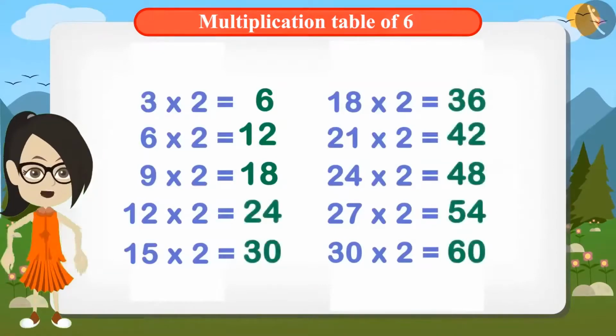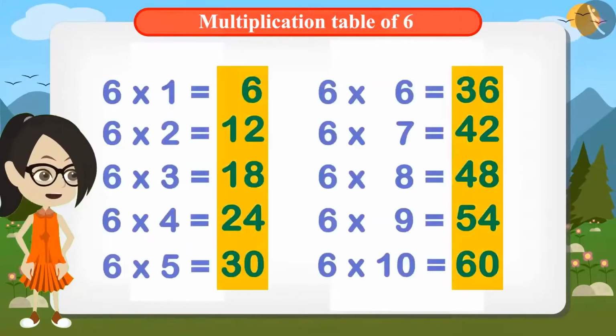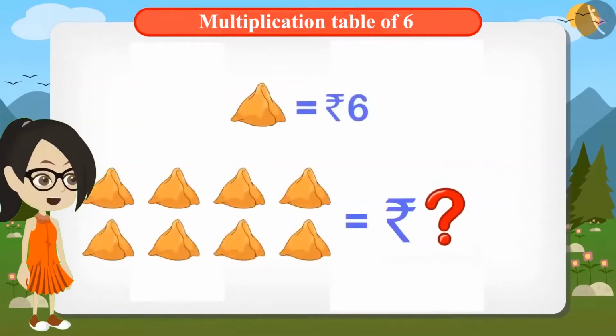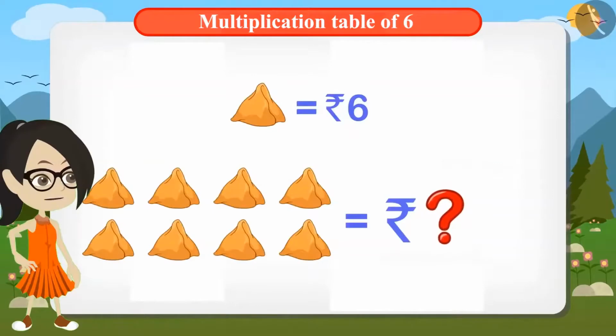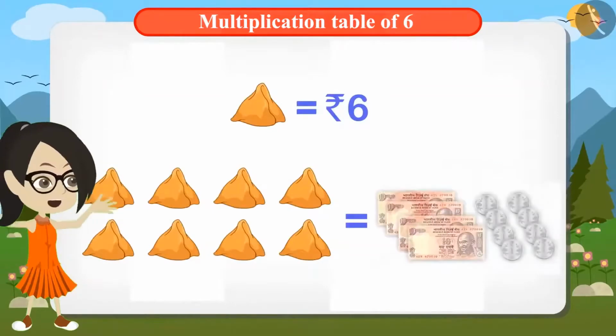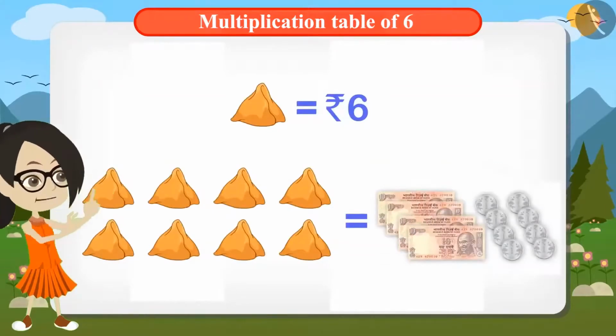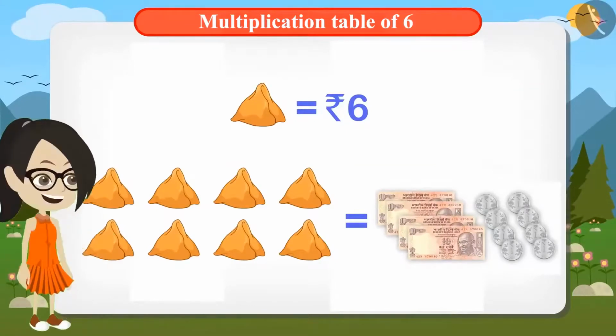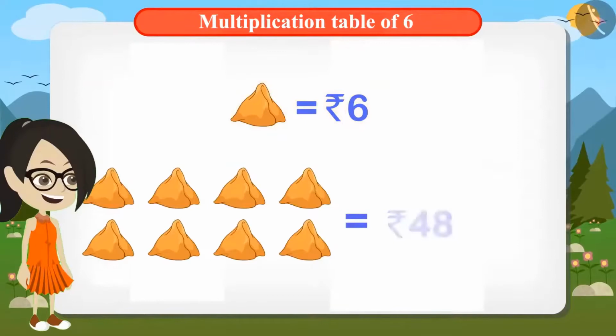You can also find out the multiplication table of 6 like this. We have already written down the table of 6. Now, we can find out what is the cost of 8 samosas. That will be 6 times 8, which is 48 rupees. Now I will give 48 rupees to Chaggu uncle. Vandana has figured out that 8 samosas will be for 48 rupees at the rate of 6 rupees per samosa.